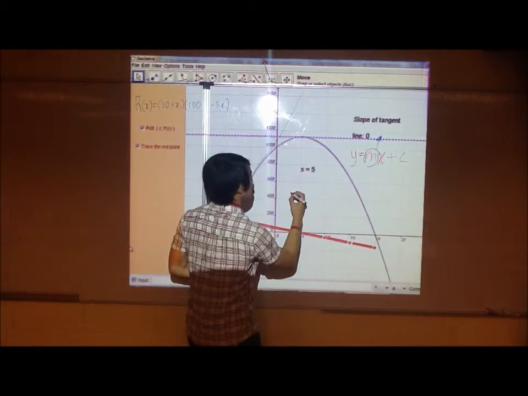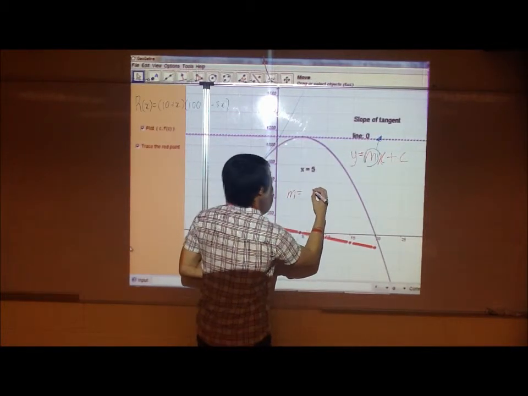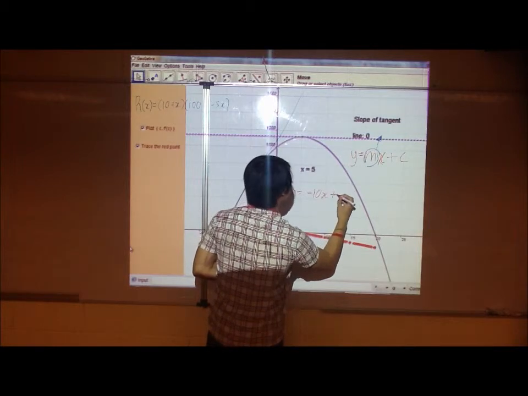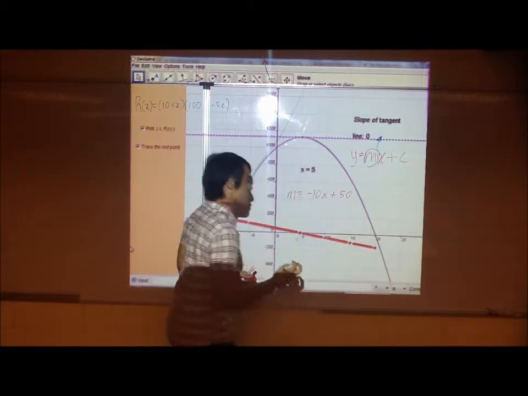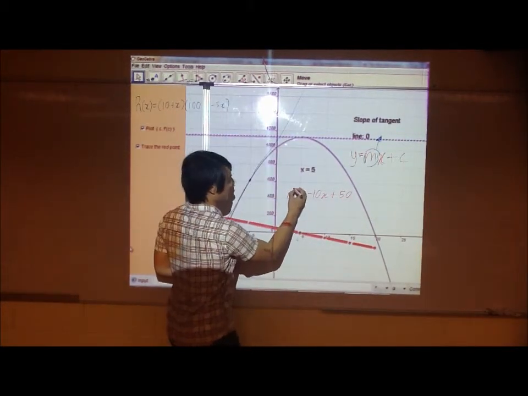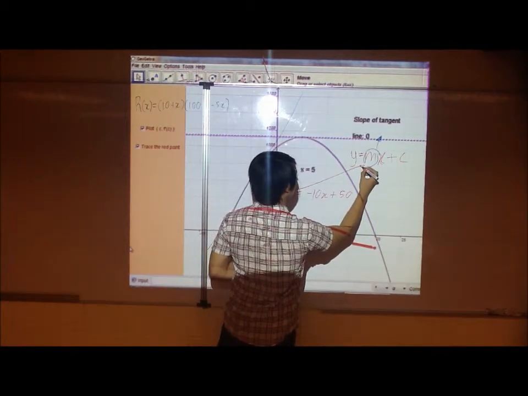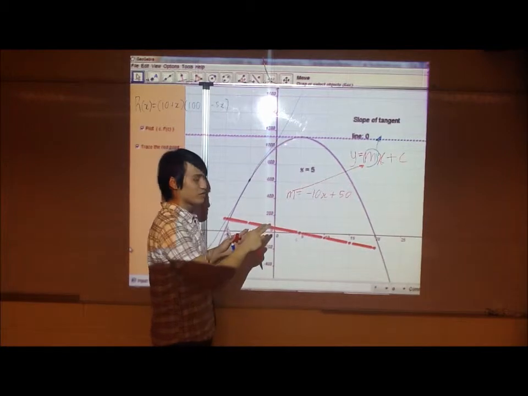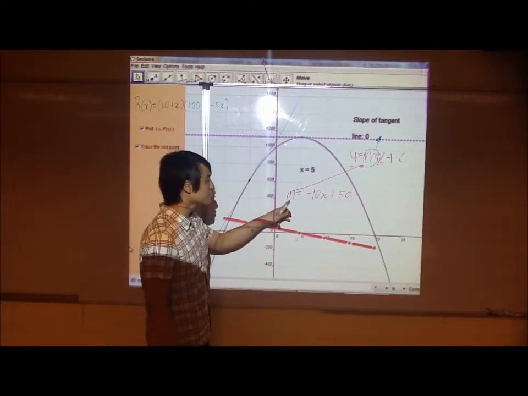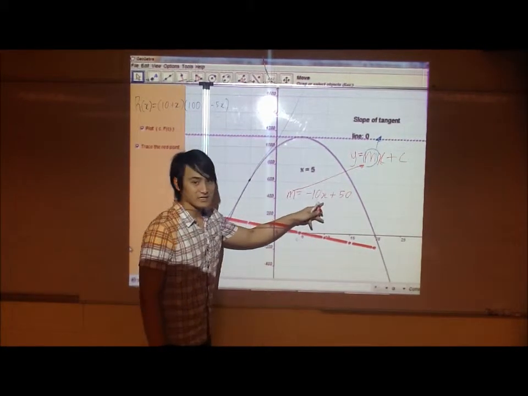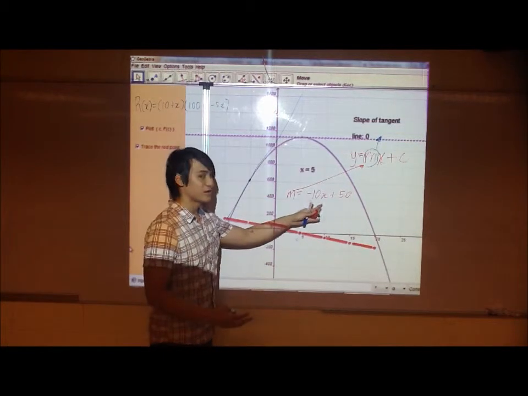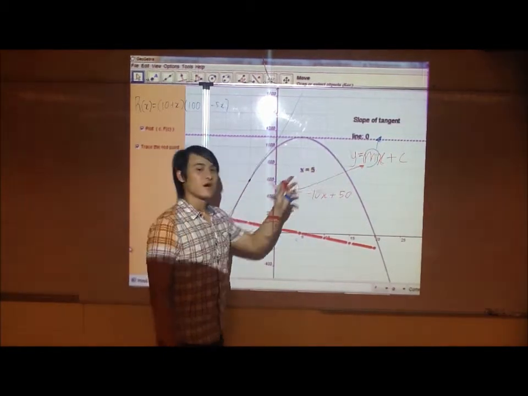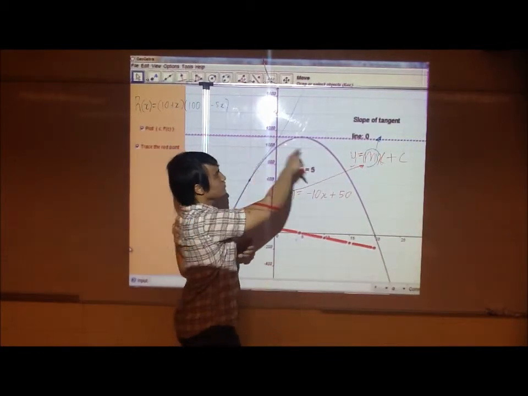Using the equation m equals negative 10x plus 50, where m is the slope of the tangent, we can determine the slope of the tangent at any point of x by simply substituting the value of x. Okay, now to find the maximum of the graph, we know that the slope of tangent,